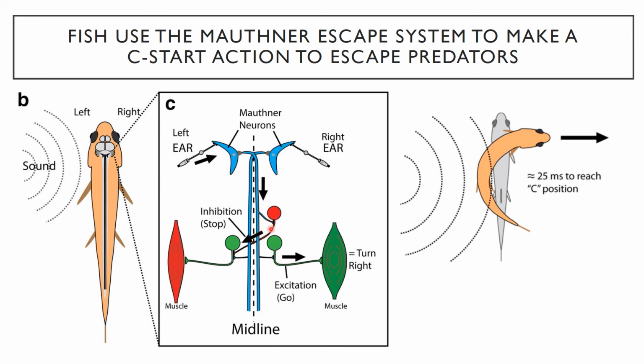It branches onto one neuron, which is an inhibitory neuron. So it's going to cause that one to fire. It also branches onto an excitatory neuron, some muscle cells, that will cause the muscles on the right to contract. And then it's synapsing onto these inhibitory neurons that inhibit the opposite side. So that crosses the midline and inhibits these motor neurons so that the firing goes down. So you have these muscles relaxing, these contracting, and it's going to cause the fish to bend and turn away